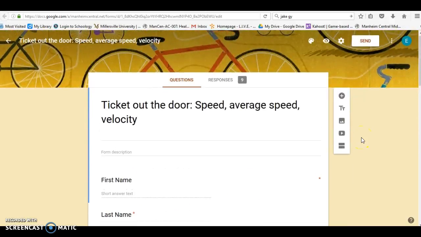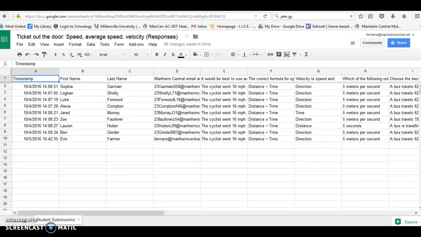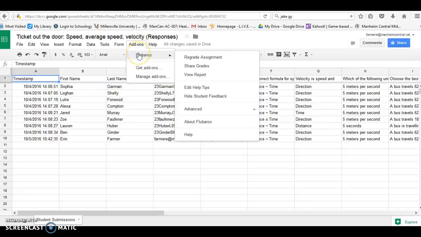After students take the form or the quiz, you can see their responses in a Google spreadsheet, such as this one. And in order to grade it, you go to Add-ons, and you just select Flubaroo. I've already downloaded Flubaroo to my Google account. Since I want to grade this assignment, I click on Grade Assignment,